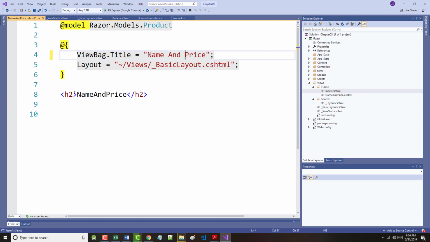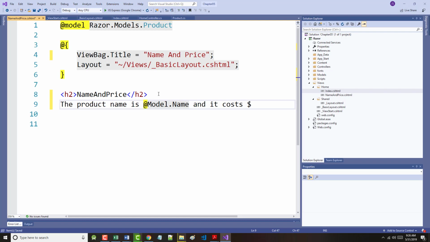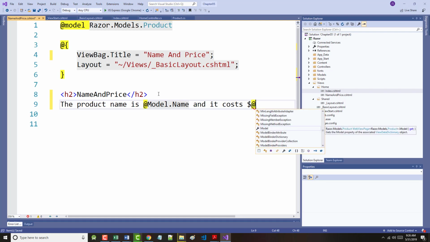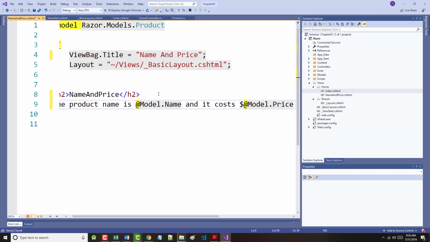All right, so we've got name and price, and they want us to put in here the product name is @Model dot, again, IntelliSense, Name, and it costs, with a $ sign to actually physically put in a $ sign, Model dot Price. All right, so File, Save All. Let's run this,